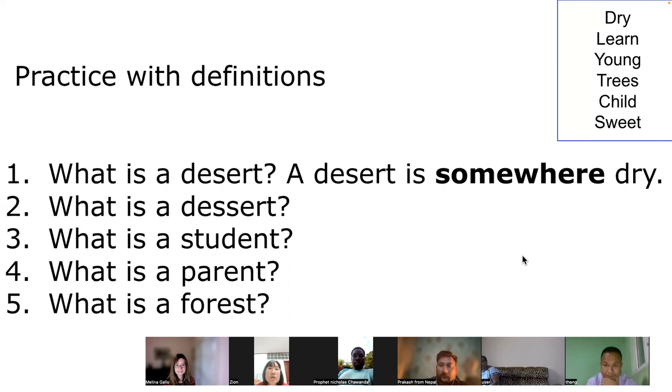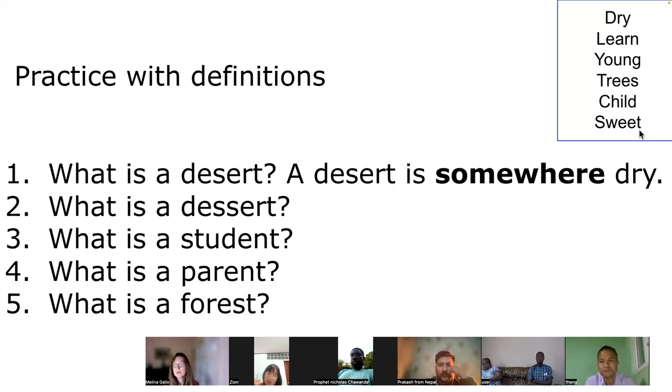Dessert is something to eat. Yes, very good. A dessert is something to eat. So we can use the pronoun something because a dessert is a thing. Very good. Very good. And we could also use, if we wanted to, the word sweet. So we could say dessert is something to eat. Sweet. Mm-hmm. Yeah, something sweet to eat. Very good. How about